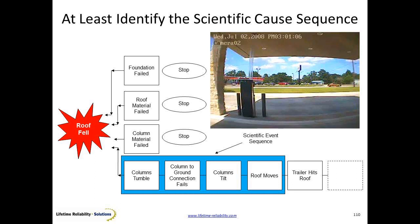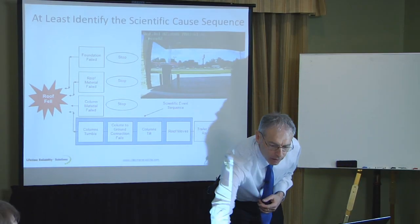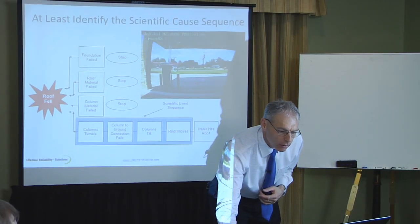At the very least, if we can't go back and find the latent cause, at the very least we want to do one thing. We want to understand the scientific reason for the failure. What is the physics of failure that led to this to occur? Now this should...